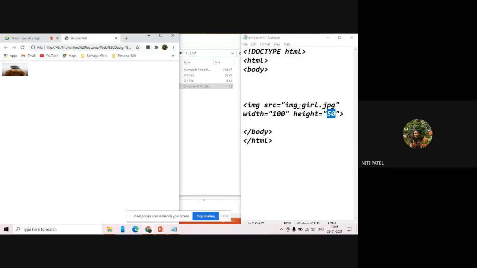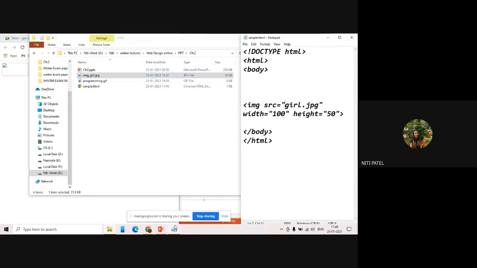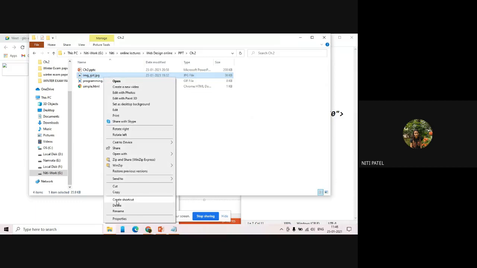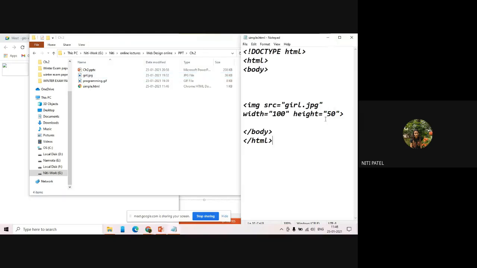Okay. Now let us see if I change this name, is it going to execute or not? See, it is not going to display. Why? Because the name with which you have saved and the name with which you are writing in the program are different. Okay. But if I change it over here to girl, now will it display? Yes. Why?